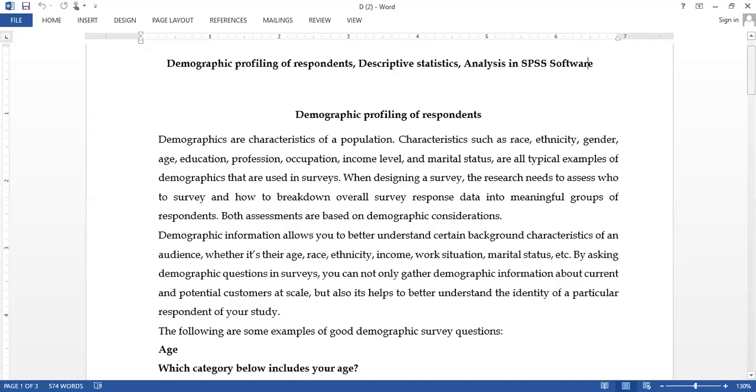Demographics are characteristics of a population, such as race, ethnicity, gender, age, education, profession, occupation, income level, and marital status. These are all typical examples of demographics used in survey questionnaires. Demographic information allows a researcher to better understand certain background characteristics of an audience, whether it is their age, their race, their ethnicity, their income, work station,